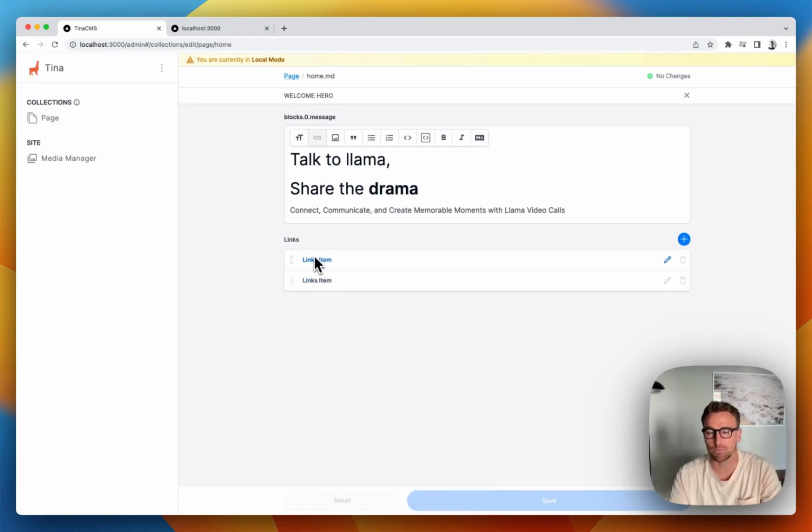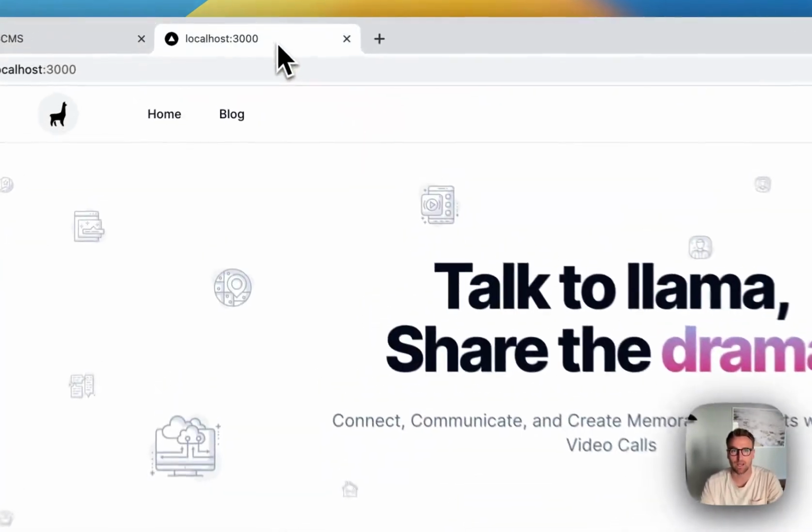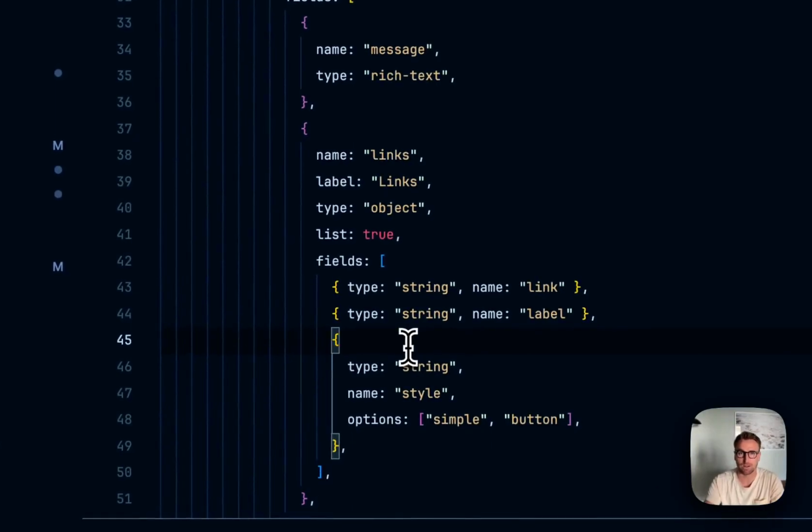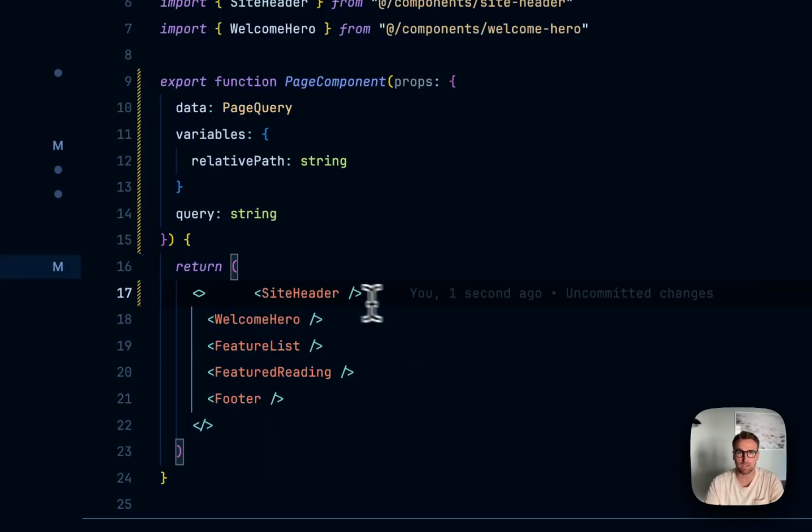Obviously, this is kind of a problem. You can't really tell what field is what. You can't see what the items here are. We'll go through how to improve that in a future video. But needless to say, that's something that needs to be addressed. But we've hit save, and now we can go back to our page and we can start to actually power it with real content. So going back into this component,